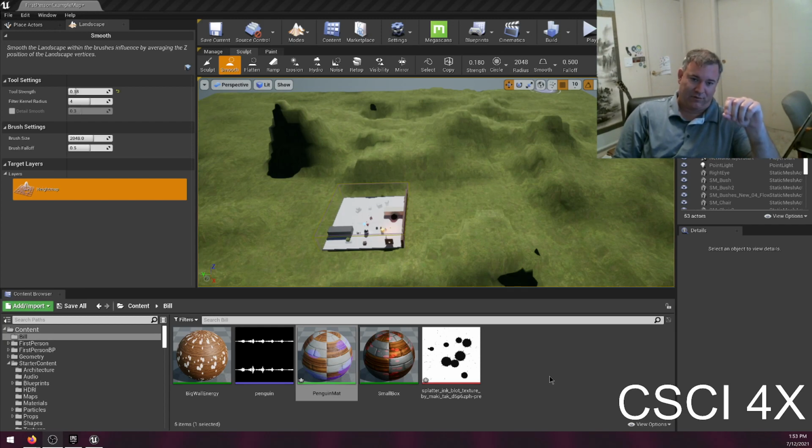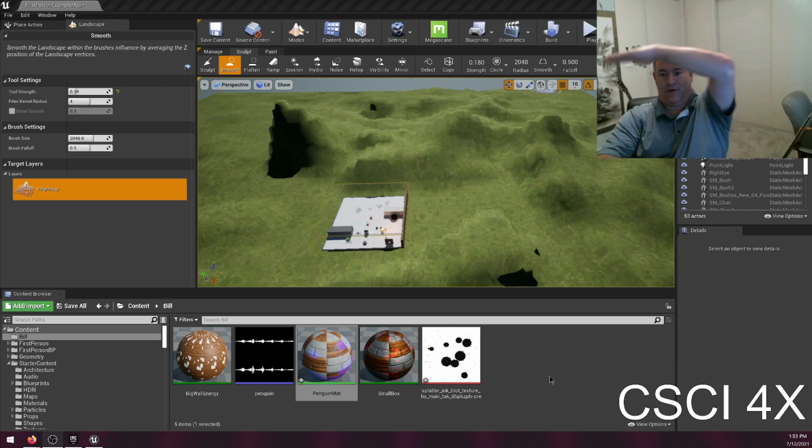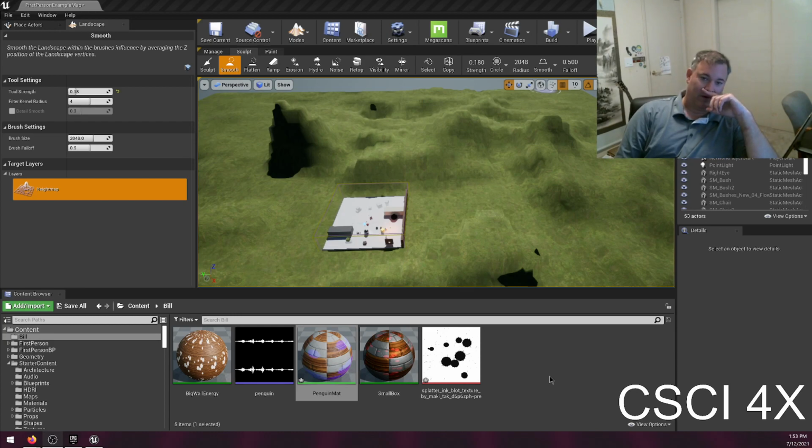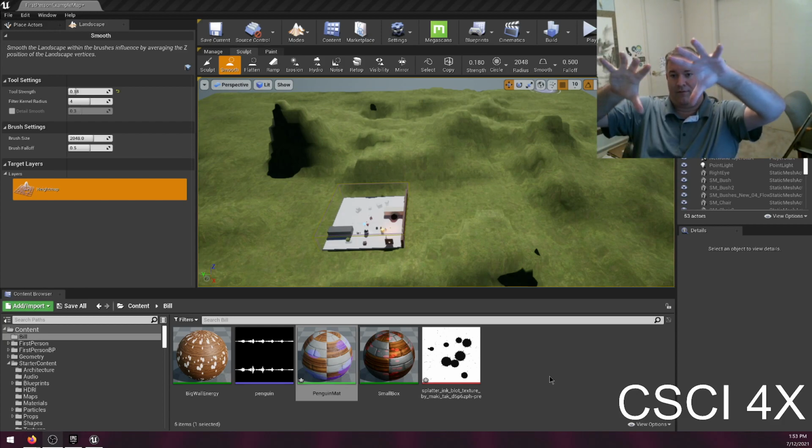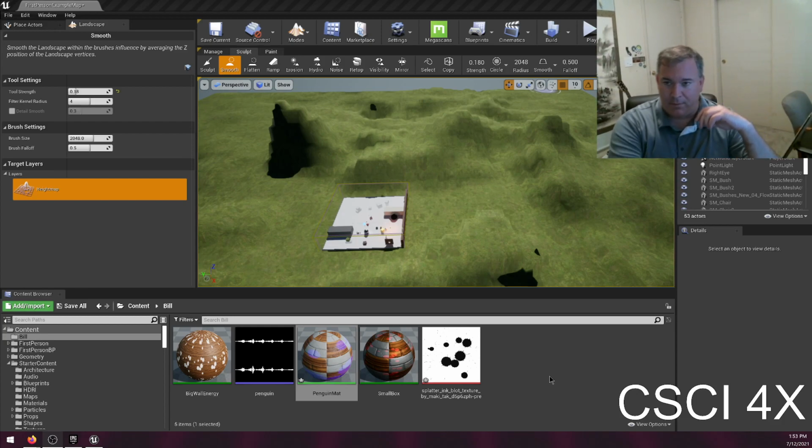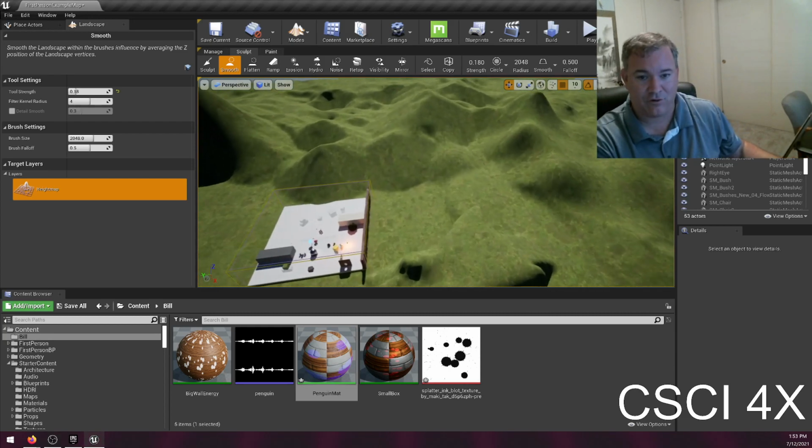So there's some important limitations of the landscape. For example, you can't make a cave. You can't make a bridge, right? You can do a ramp, but a bridge where you've got a thing like this over a thing like that doesn't work. You can't do that in landscaping. You can add an object to it, you can put a bridge mesh over a valley or something, but you can't directly sculpt